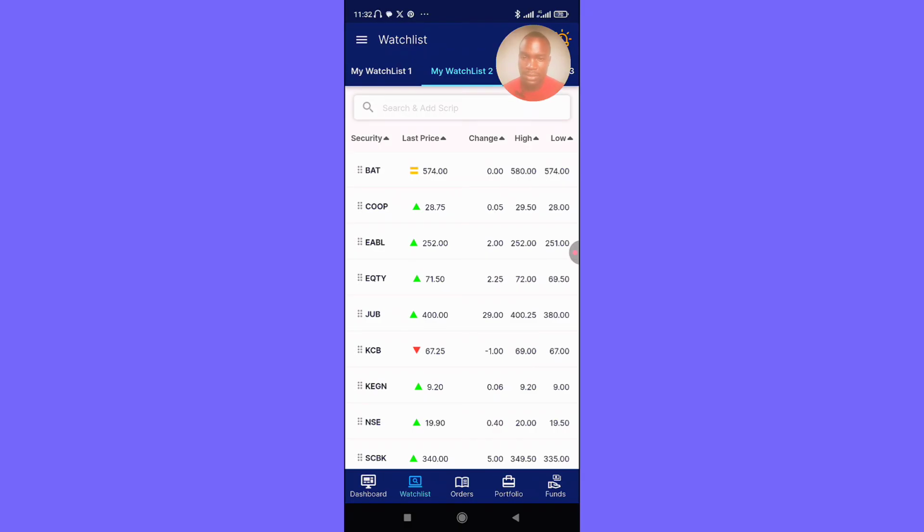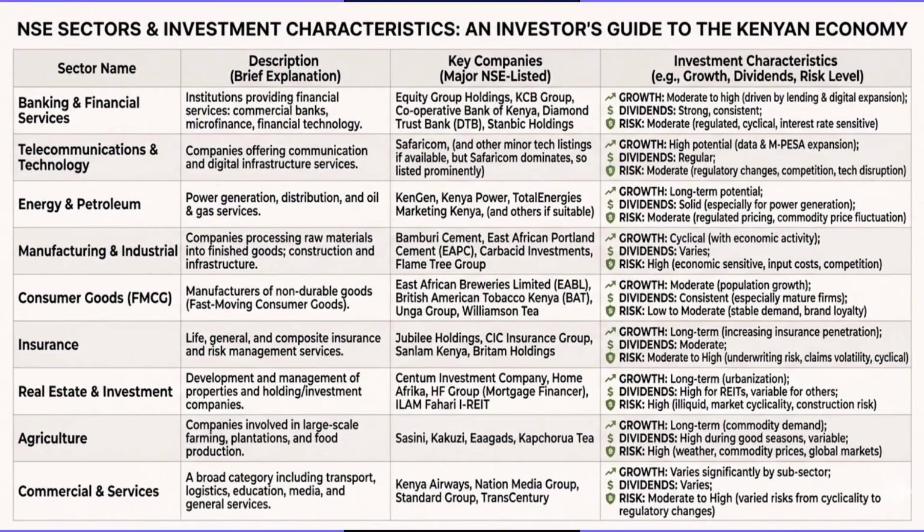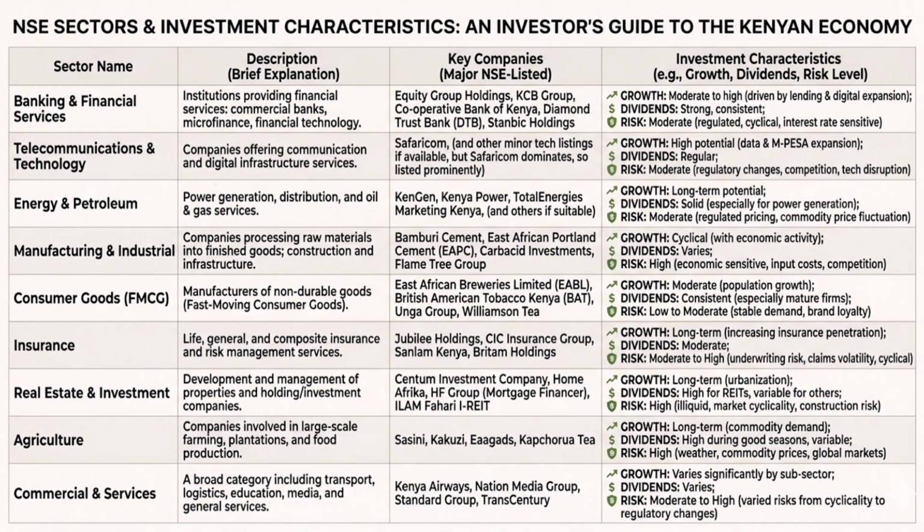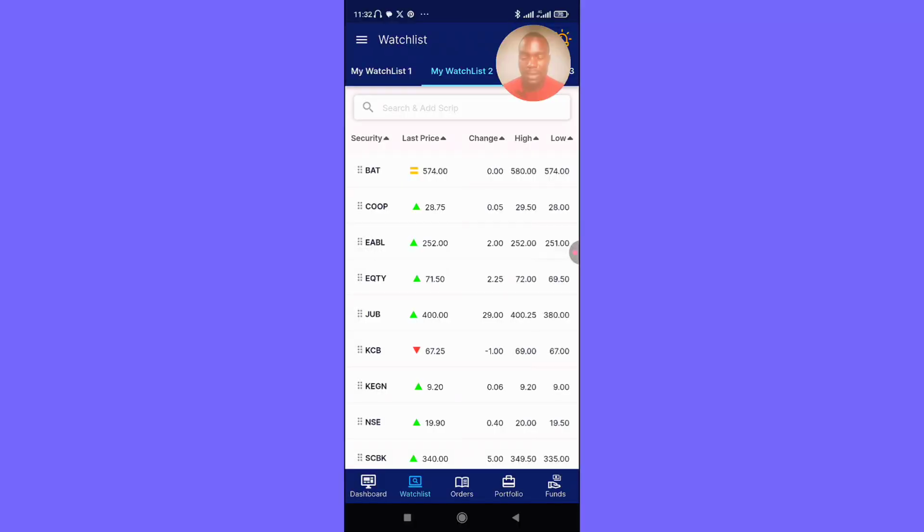So companies like Equity, KCB, BAT Kenya, many of these companies do give dividends to their investors. So you can do some research and know about which companies do give dividends and which companies don't give dividends. So you can earn through price appreciation and also getting the dividends from the particular company that you've chosen to be an investor in. So for today, I want to buy Safaricom shares,